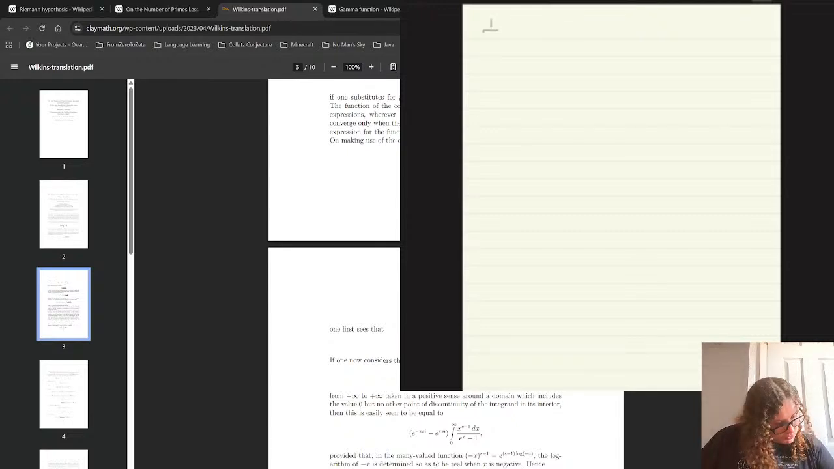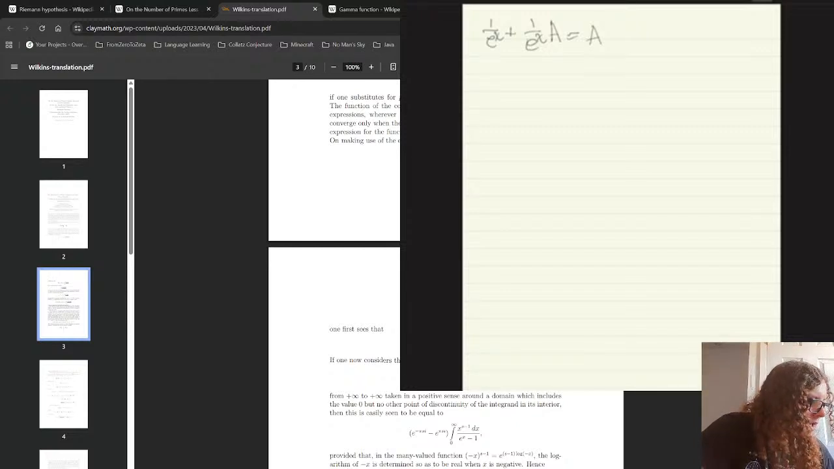So we know that 1 over e to the x plus 1 over e to the x times A equals A. And so if we put all the terms of A on the same side, we get 1 over e to the x equals